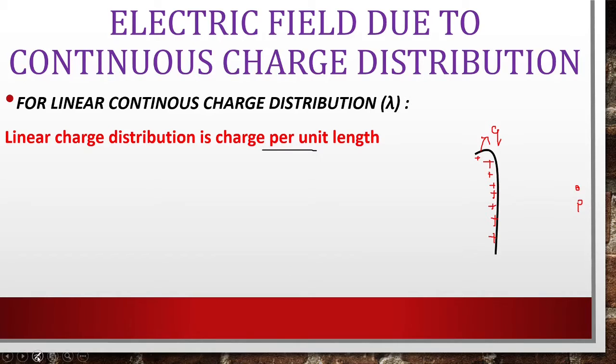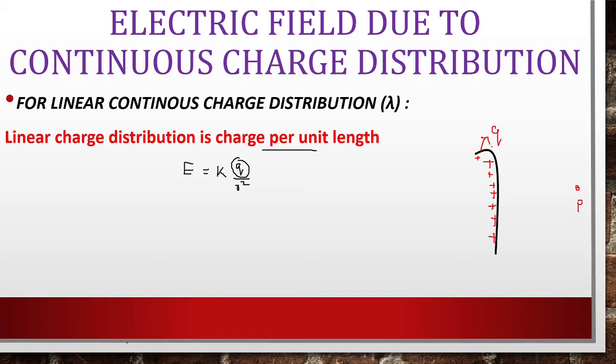In the last class we gave an expression for electric field, E is equal to 1 by 4 pi epsilon 0. Instead of 1 by 4 pi epsilon 0, I am writing it as K because it is easy to write. E = K Q by R square, right? But in the last class I told you this Q here is a point charge, but here we have a uniform distribution of charge. So we can't consider this whole as a point charge because there are many charges present in this conducting wire. So how can we do this?